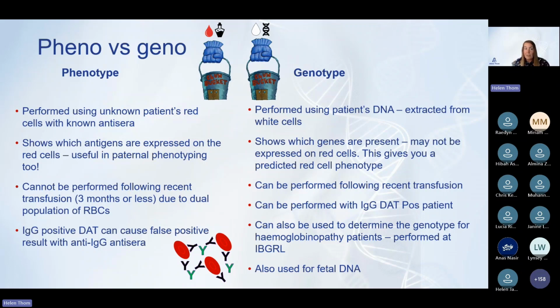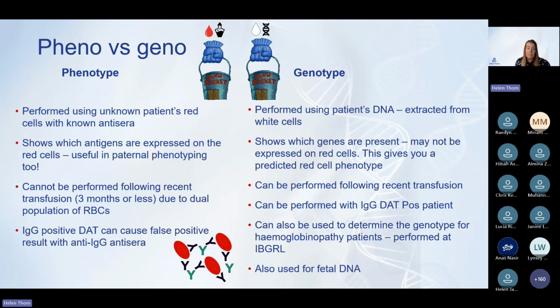Phenotyping can't be performed when you've had a recent transfusion because you'll have dual populations of cells. So to me, recent transfusion is 3 months or less. But genotyping can be performed using a recent transfusion. The reason for this is because you're using the DNA that's extracted from the patient's white cells; if they've been transfused, the donor cells are leukodepleted, so hopefully there are negligible white cells in there, so you know that you're extracting DNA from the patient cells. With phenotyping, the IgG pos DAT can cause false positives when you use IgG antisera,